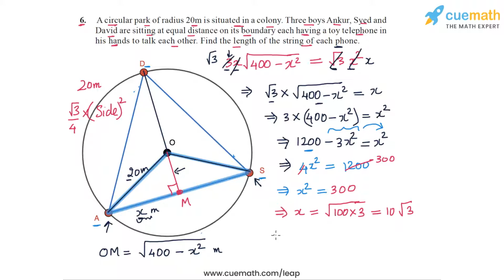Awesome, we have found the value of x, which gives us the length of AM, which means that the length of AS is now simply double this value. So AS is 2x meters. So 2 times x is 10 root 3 times 2, or 20 root 3 meters. And AS is the length of the telephone string between Ankur and Syed, and this is also the length of the other 2 telephone strings, because the triangle is equilateral. So the answer to this question is that the length of each string is 20 root 3 meters,